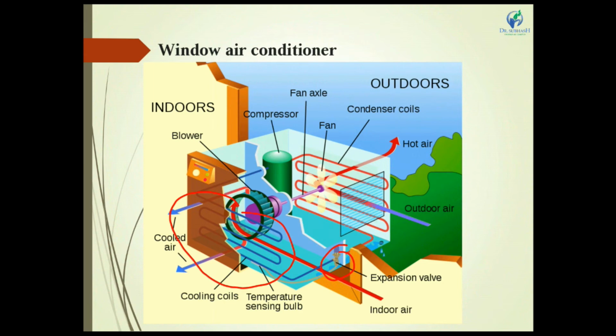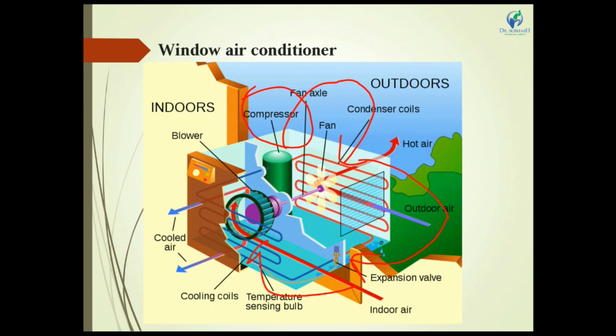Indoor side two components are the cooling coil or evaporator and the expansion valve, and the secondary half portion, the room or window outside portion, has the condenser coil and compressor. These two are outside of the window. When we start this air conditioning system, the main function starts from the compressor; the refrigerant passes next into the condenser, then to the expansion valve, and from the expansion valve to the cooling coil.